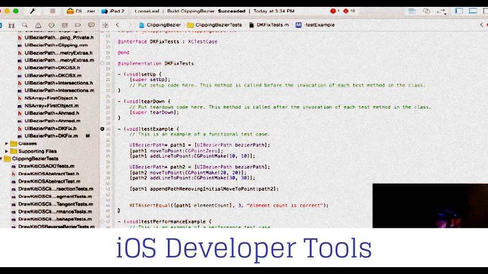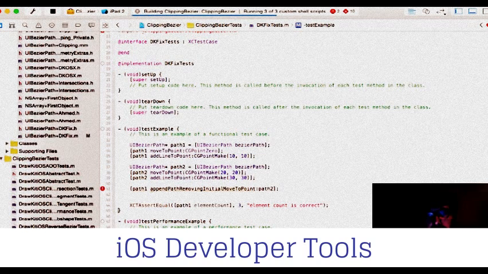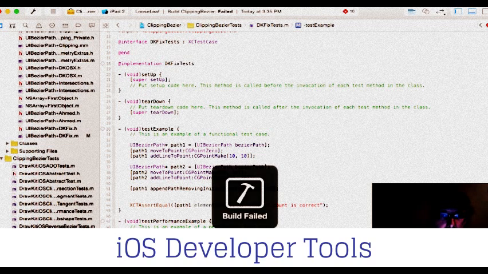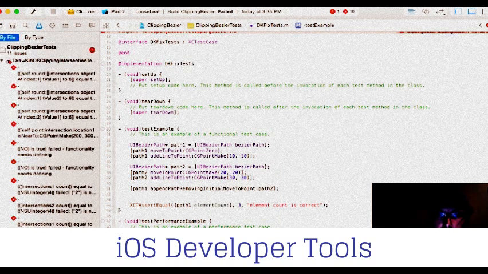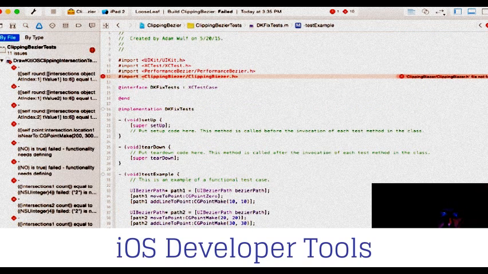So now if we run this test, it should give us the correct element count on that path. Let's find out. Except it's going to complain about. See, okay, why doesn't it? That's frustrating. Why doesn't it have the